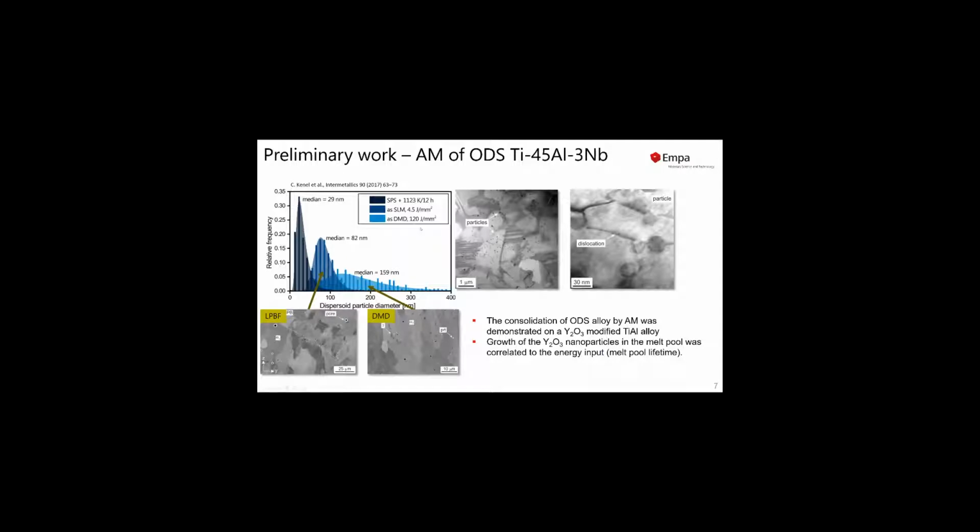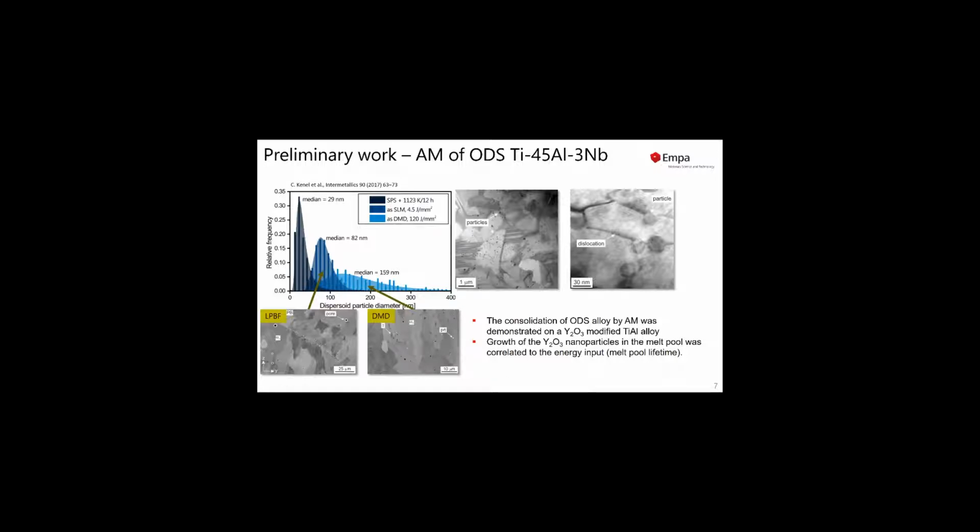We looked into, well, first of all, the presence of oxide particles, and yeah, they were there after all consolidation methods. So here we see the results from sintering, laser powder bed fusion, and direct metal deposition. As you can see, first of all, also here in the TEM images, and you see some spots here in the SEM images. So first of all, we could show that we had yttrium oxide, nano-sized yttrium oxides after the consolidation process in our material. And we could also show that we see a growth